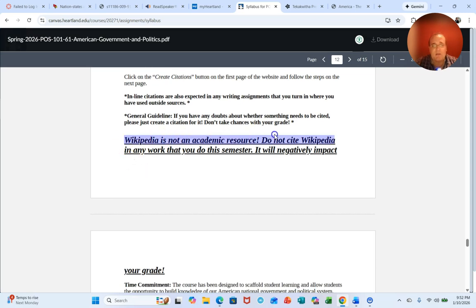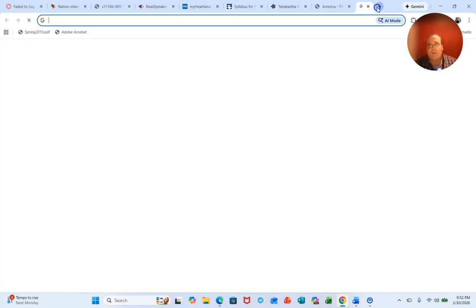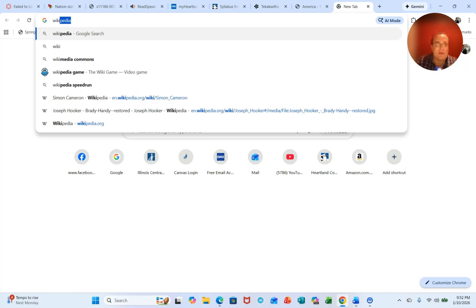Wikipedia is not an academic resource. I don't care what anybody else says. You're in my class. This is my rule. Wikipedia is not an academic resource. Don't cite Wikipedia ever. In any work that you do, it will negatively impact your grade. How much will it negatively impact your grade? Well, you really want to find out. Don't use it. Now, I will address the perennial